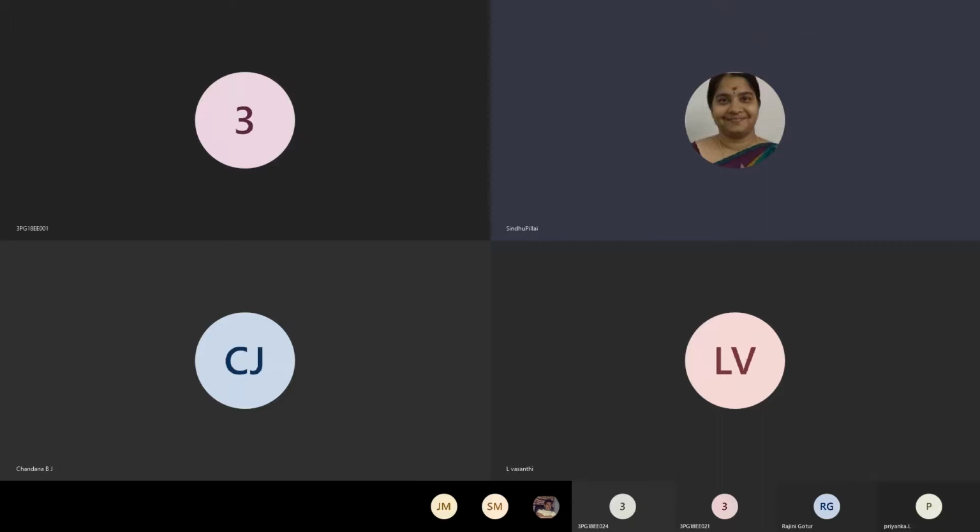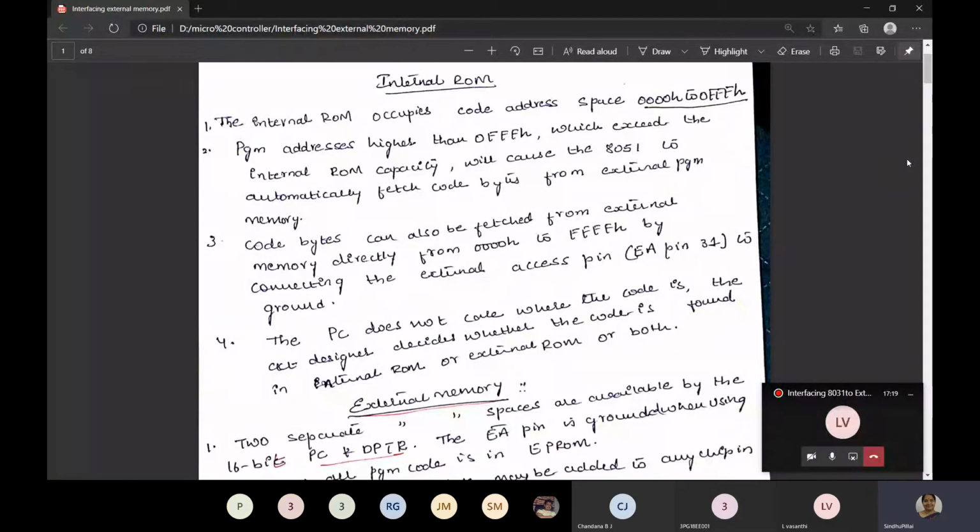So in today's class, we'll see about the internal ROM and external memories, both ROM and RAM. Whenever for some applications or programs the memory space assigned for the 8051, the internal memory space, may be RAM and ROM, is very less, where the program is very big or you are controlling many devices, when the capacity of that memory decreases, then they'll go with this external interfacing. Externally the memory, some storage space.